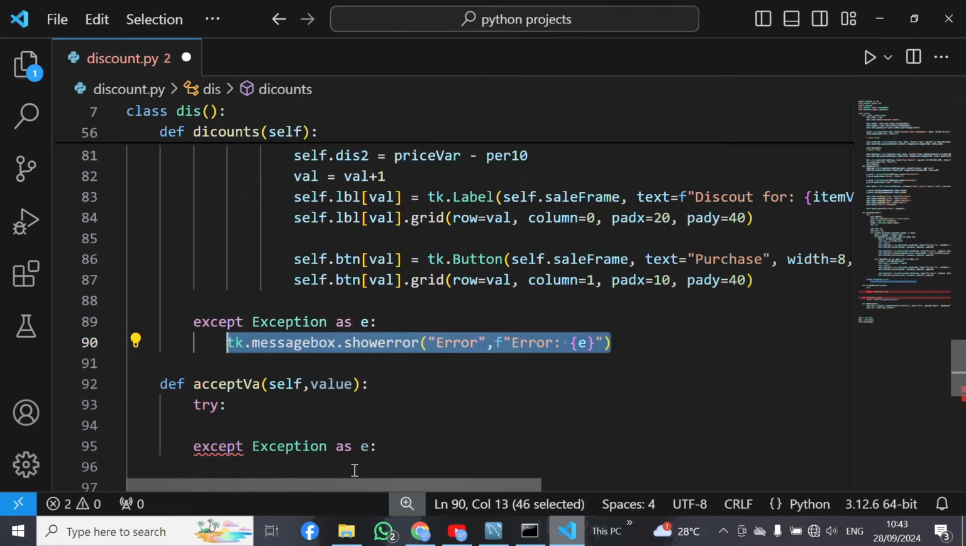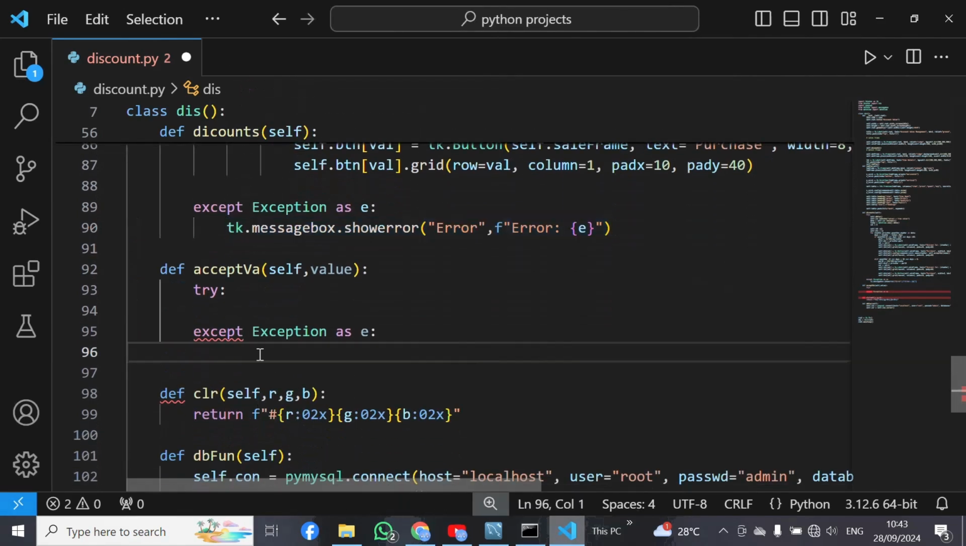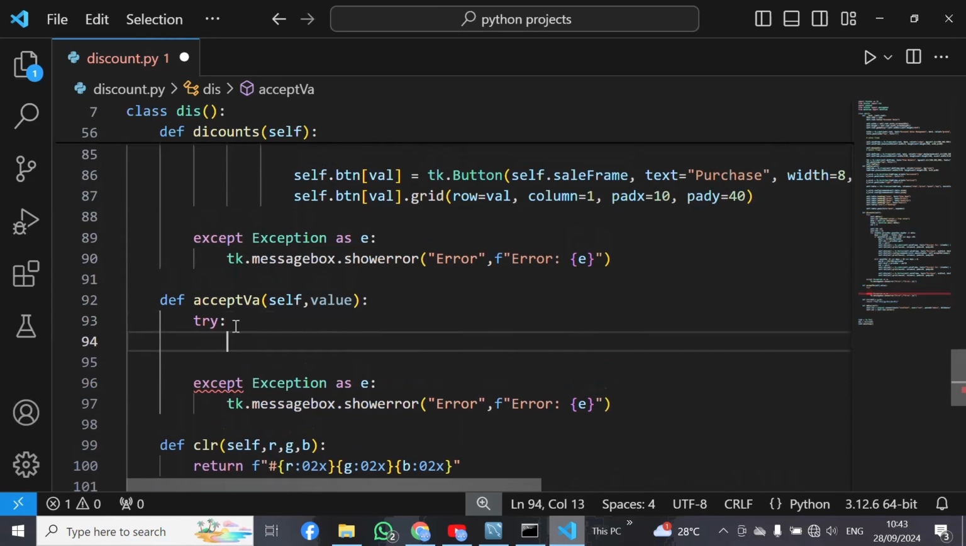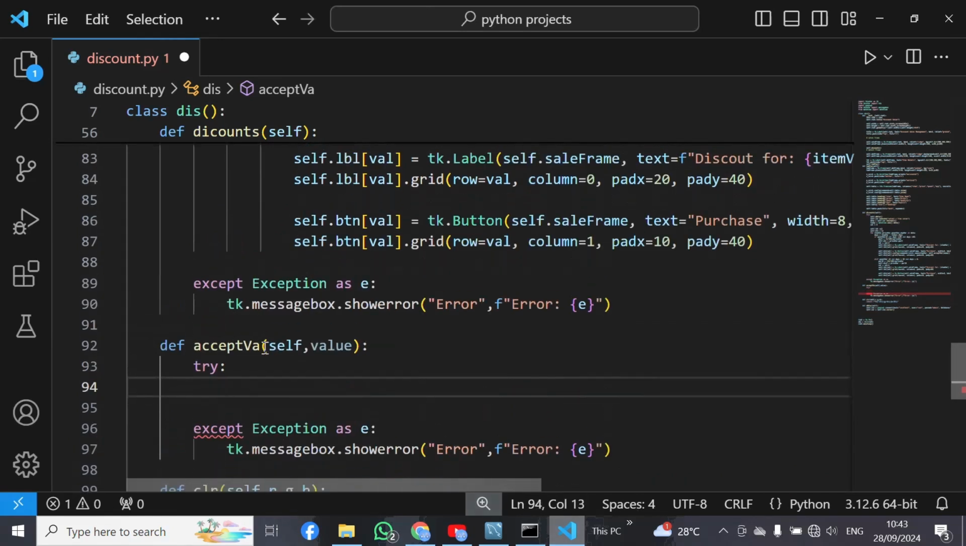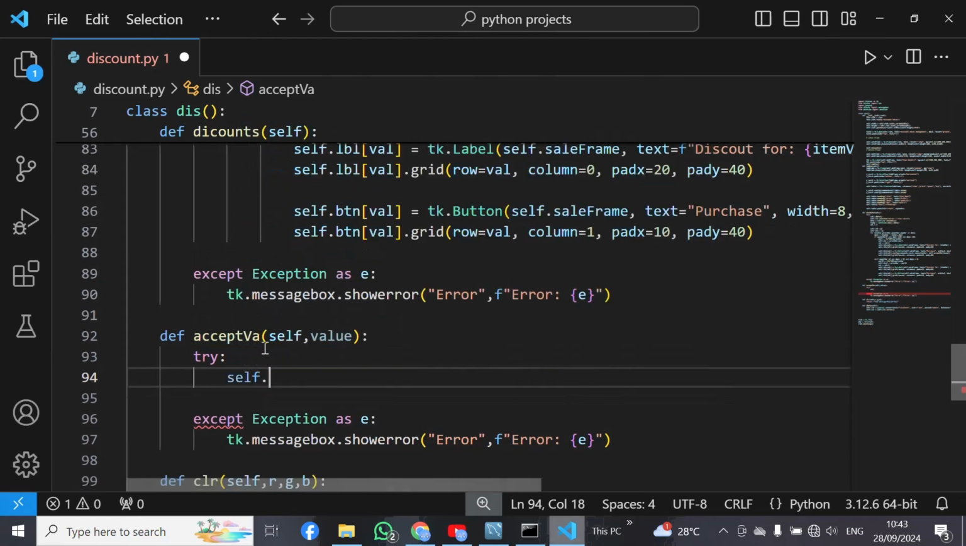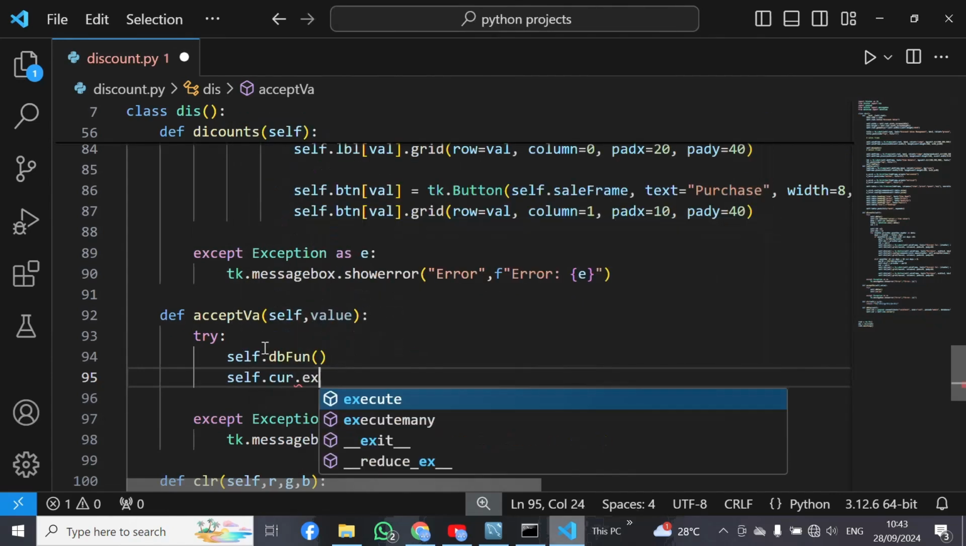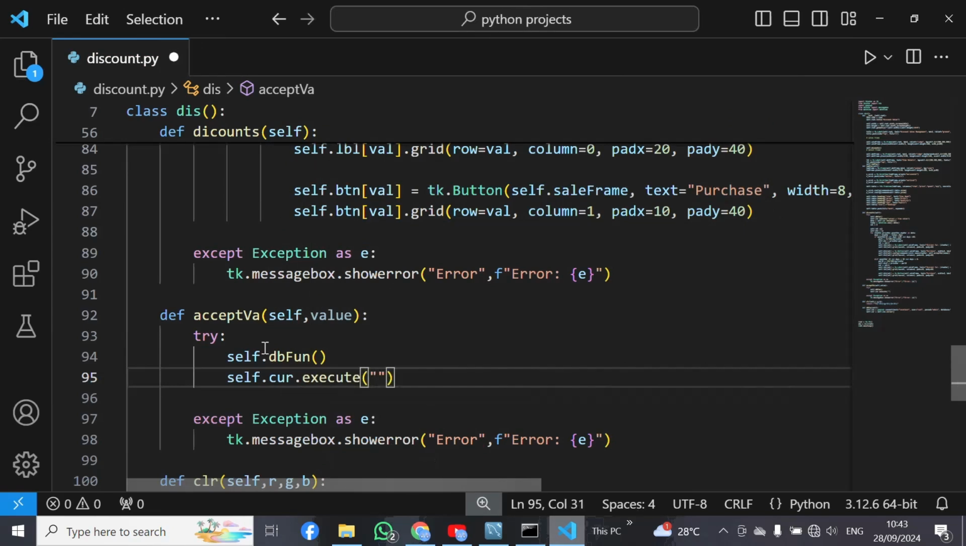And then I will paste it here. So by using this method we can catch any exception. And in the try block here I have to get this value. So first I have to connect with the database, self.db function. And then I have to execute a query, so this is self.cursor.execute. Now we have to execute a query that selects all from the table named sales where